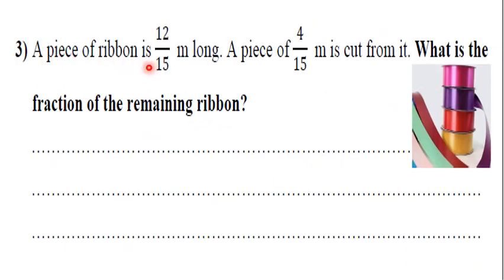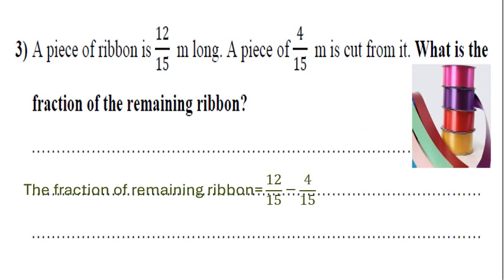A piece of ribbon is 12 over 15 meter long and a piece of 4 over 15 meter is cut from it. What is the fraction of the remaining ribbon? Here remaining means minus, and they already have the same denominator. 12 over 15 minus 4 over 15. So 12 minus 4 equals 8 over 15